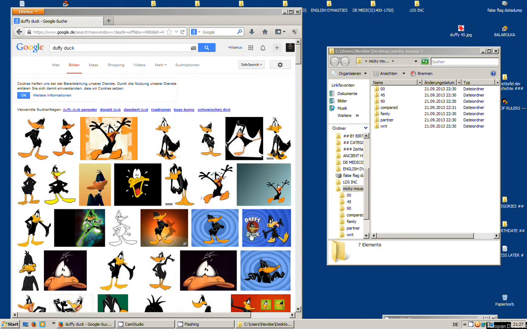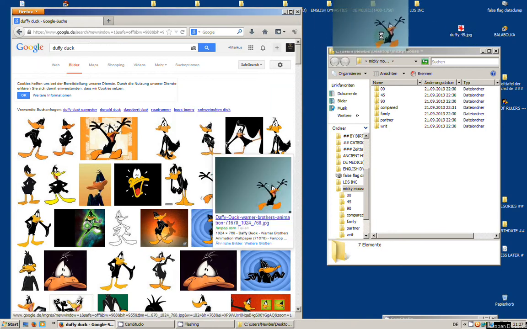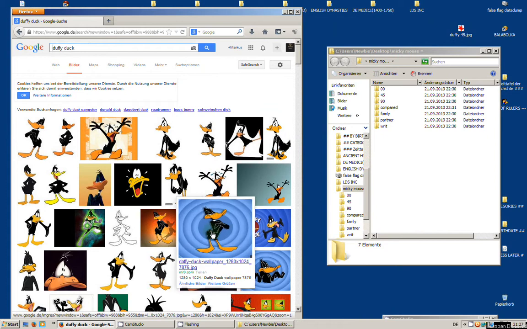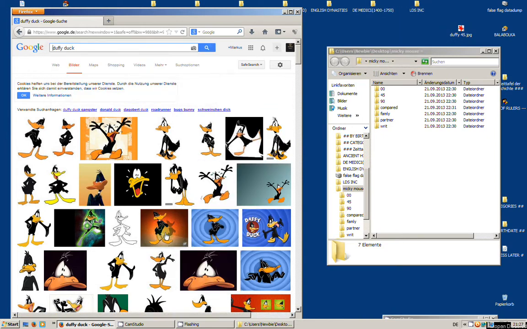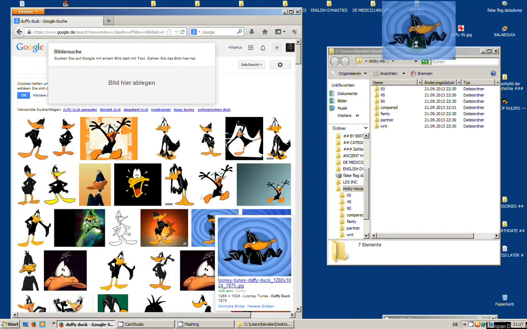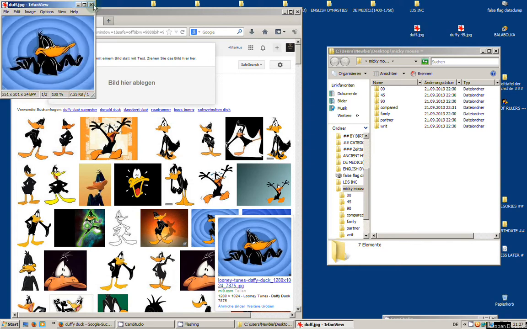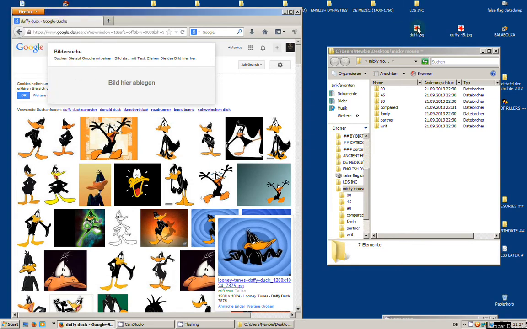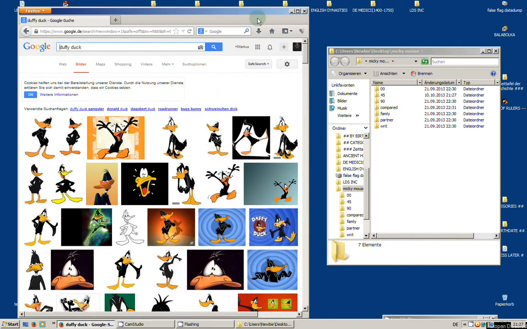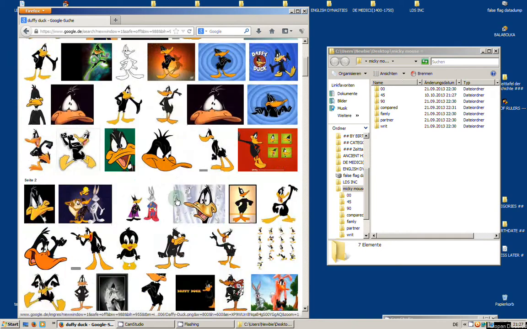And now I create more and more pictures. This one will only be a web link. This one also not good. This one web link, not good. This one no web link. This is a good one. Okay, another Daffy picture, and this here would be, let's say, also a 45. So it goes in the 45 folder along with this one. And so I'm filling these folders now, finding more and more